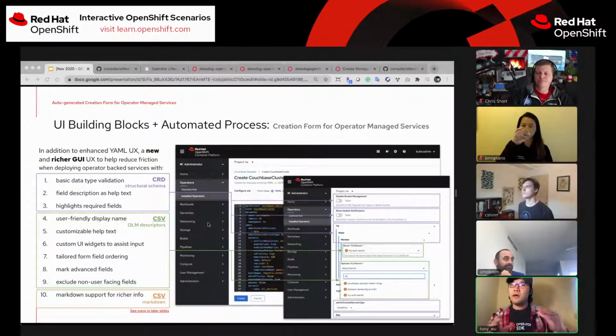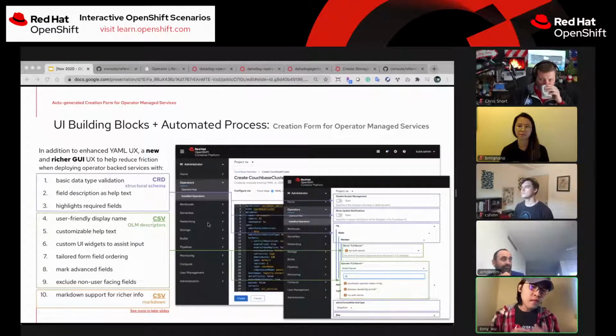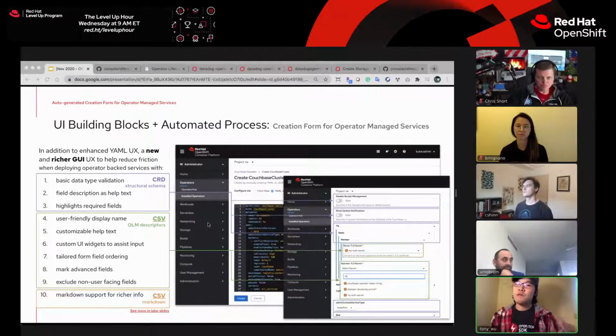Maybe a set of fields shows up or hides depending on a control field. If a field is set to A, then a certain group of fields shows up; switch to B, and then the other set of fields shows up, something like that. Also, we look at some most frequently used Kubernetes configurations. For example, change the image pull policy, right? And also change the update strategy for your deployment, set the request and limit of resources for your workload, etc. So based on these elements or primary use case scenarios, we build a set of UI widgets for